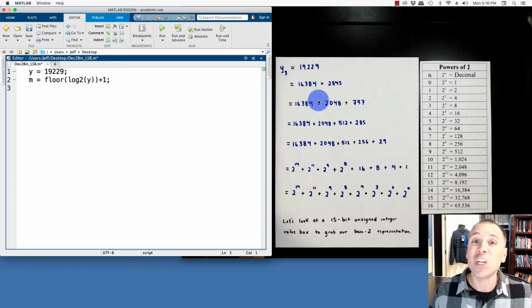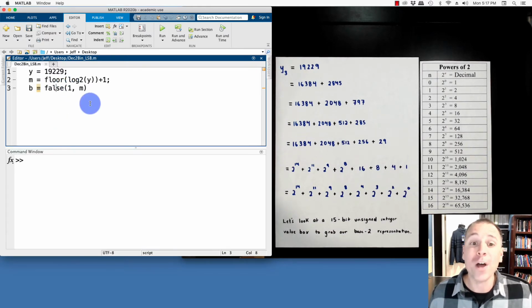We're actually going to encode this binary number using logical data. So we'll call this B, and we'll say that it has all 0 values. How many zeros does it have? Well, it's going to have m of them. So we're going to initialize our binary vector, the binary representation of y, using all logical zeros in row vector form.